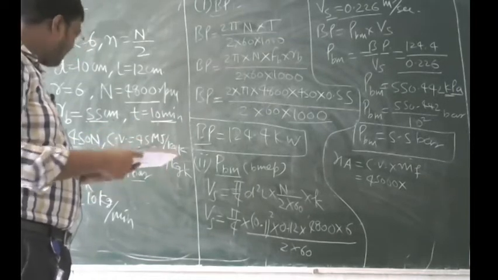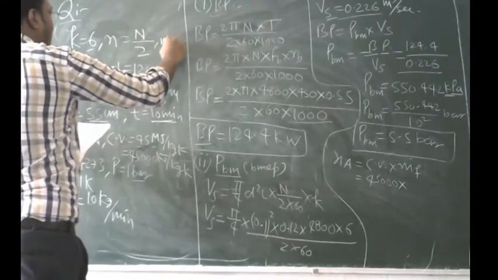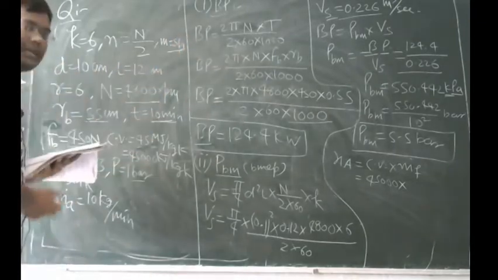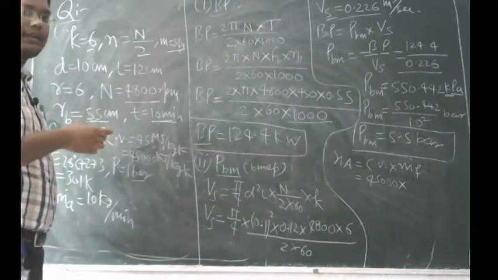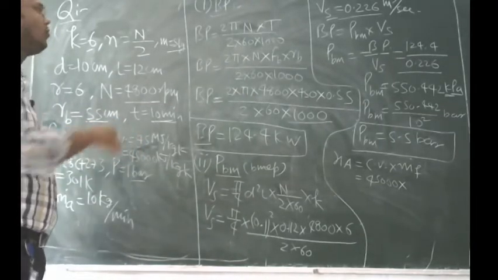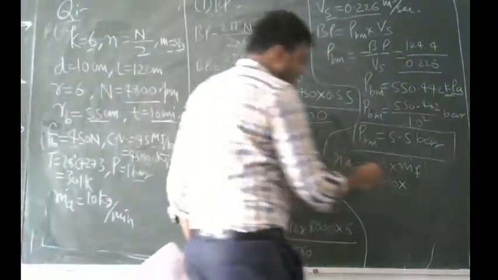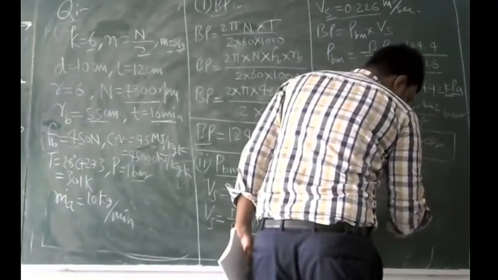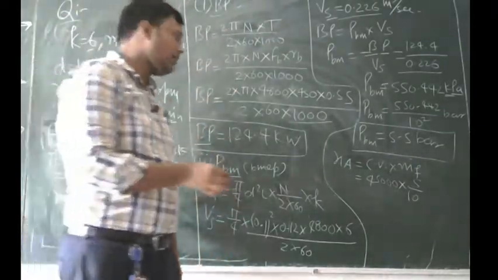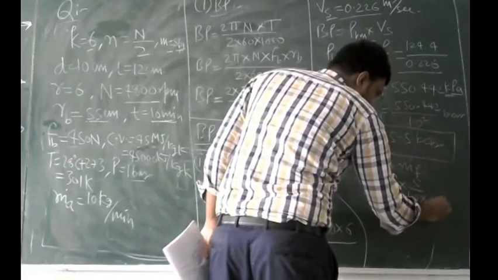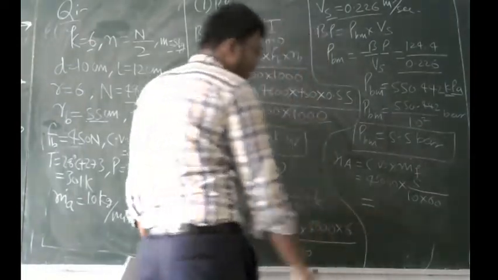Okay. One data we have not written here. It is given that mass of fuel is 5 kg. Okay. During 10 minutes, 5 kg of mass of fuel is consumed. Okay. So we can find the mass flow rate. Mass flow rate is equal to mass by time. Okay. So it will be equal to 5 by 10. But 5 by 10 is in kilogram per minute. We have to convert this into kilogram per second. So we can multiply here by 60. 5 by 10 into 60. Okay. If you calculate this value, you will find the value of heat addition.